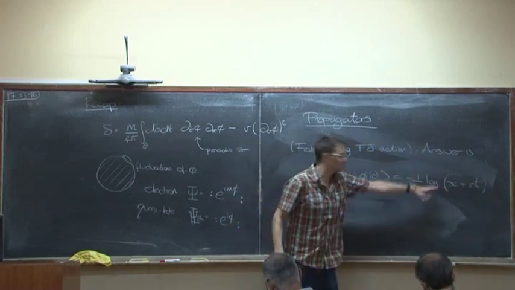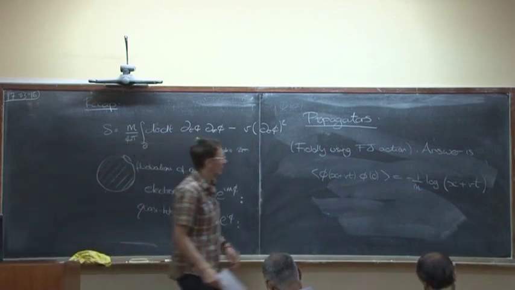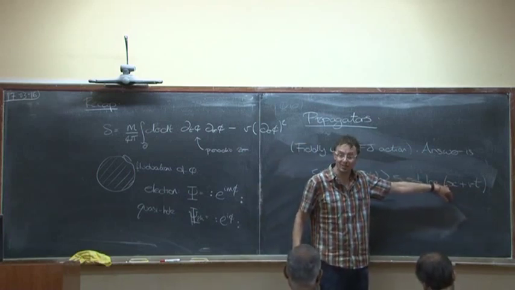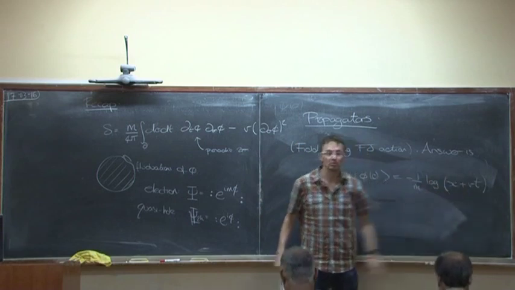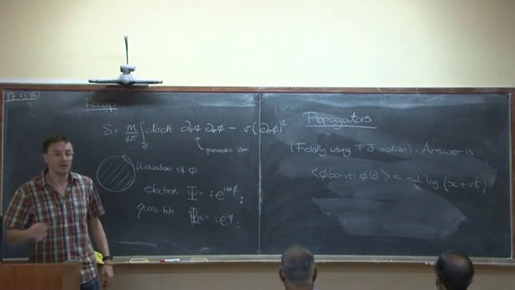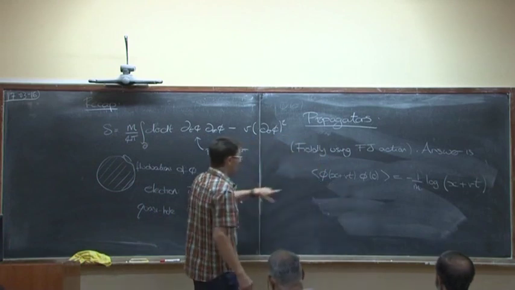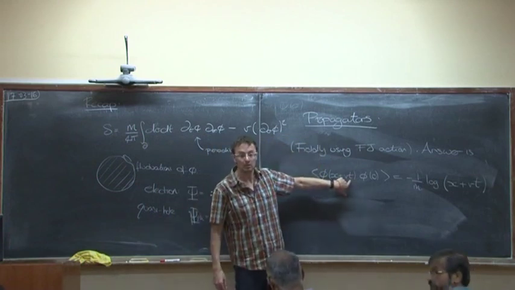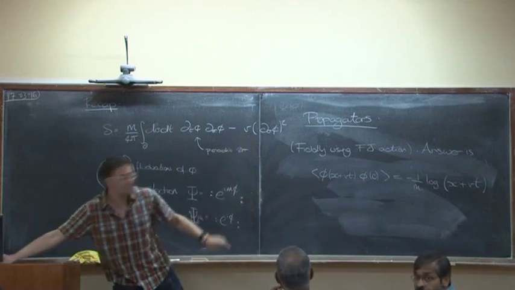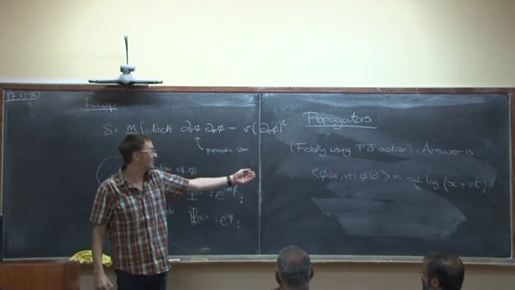Okay, plus constant stuff. In fact, the log should be of something dimensionless, so there should be a UV cutoff in there to soak up the dimensions. And why did it have this specific argument, only x plus vt? Because it's chiral, because phi only depends on x plus vt. It's chiral when it only goes one way. Let me say it differently. That's also a true statement. And now on the right hand side you can see that.